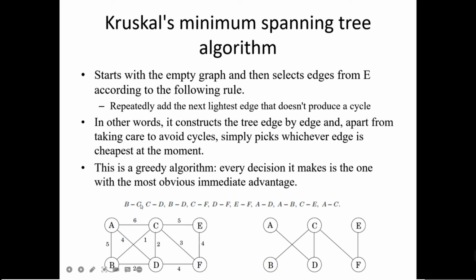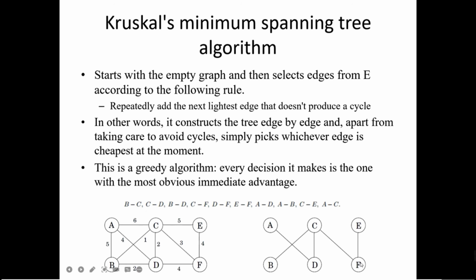Then we will check edge by edge and add them one by one to this graph. For example, at first we select BC, and then we select CD, which is the next cheapest, and then we select BD. But when we are putting BD, we find that it produces a cycle. Since it has produced a cycle, we will ignore this edge, and then we put CF,